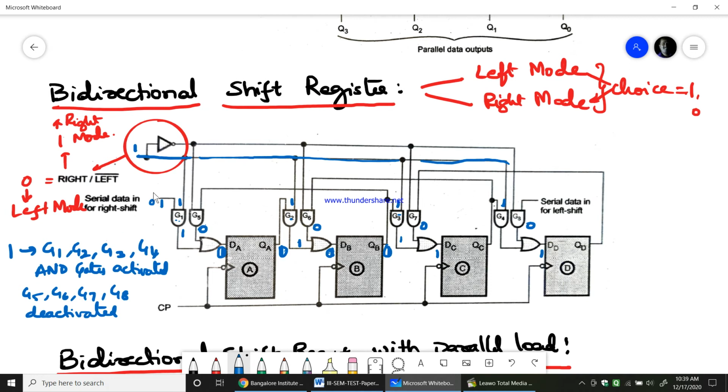So each time when you give the inputs and keep on pressing the clock pulse, that input will be shifted each time. So you are doing right shifting here, right? We are doing right shifting. Therefore, when this is 1, right shifting will happen. Now when this is 0,